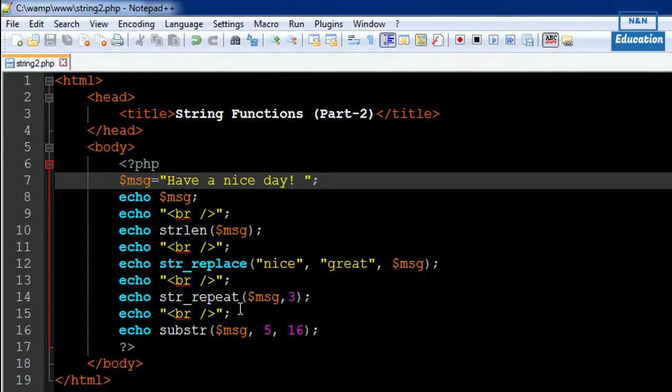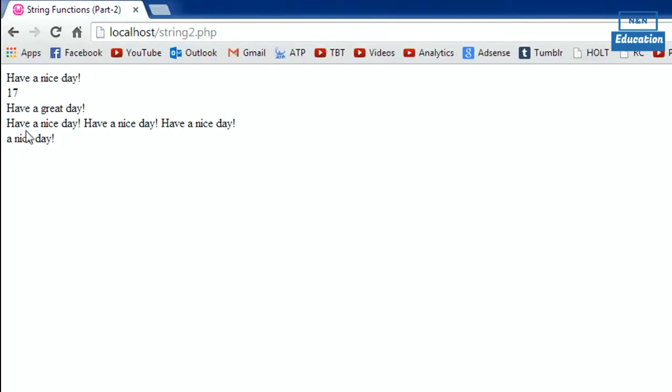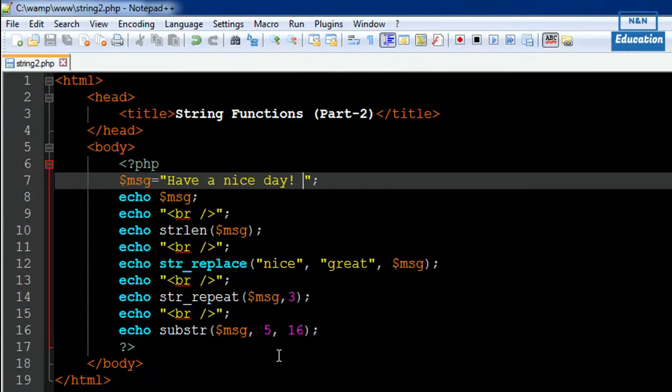The next function that we're going to check out is str_repeat, and this function simply repeats a string a given number of times. So let's say you want to see this string repeated 3 times. What you'll have to do is you'll have to pass in the name of the variable containing the string as the first argument, and the number of times you want the string to be repeated as the second argument. So I want to see it 3 times. I'll type in 3 as the second argument, and in the output we see "have a nice day, have a nice day, have a nice day" thrice, right? And the last function that we have